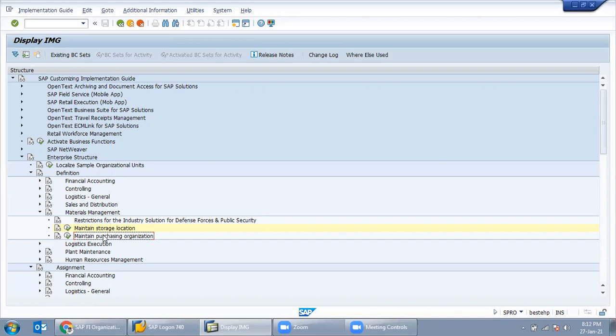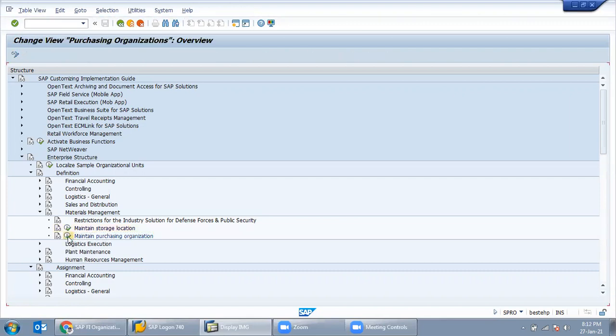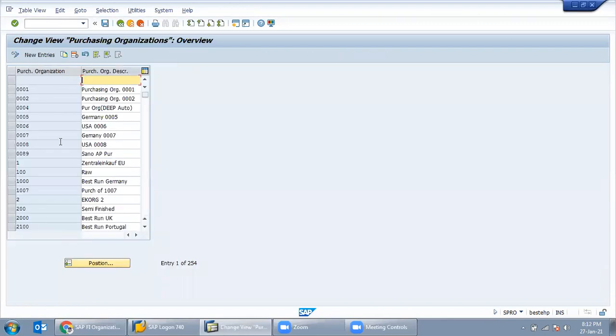It's possible that from the corporate office we buy things. In that case, we need to maintain a purchasing organization, to show from where and at which location we are going to procure the material. So here we can maintain the purchasing organization.